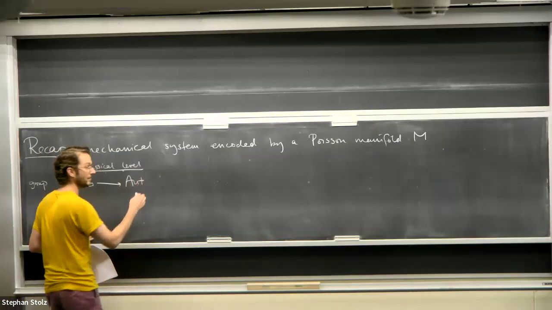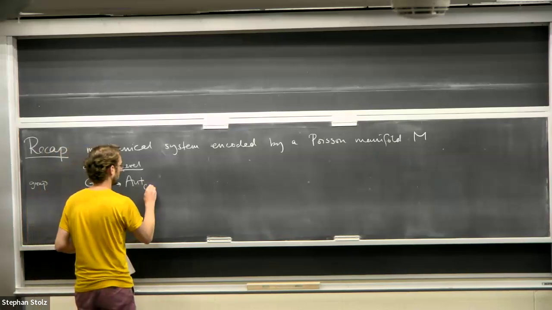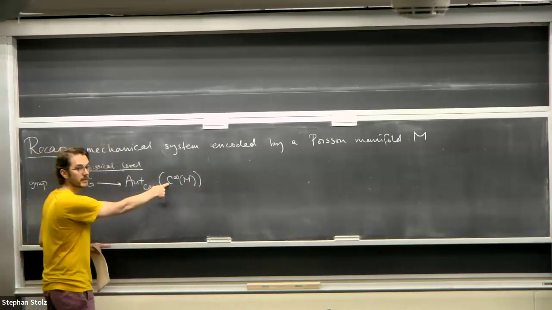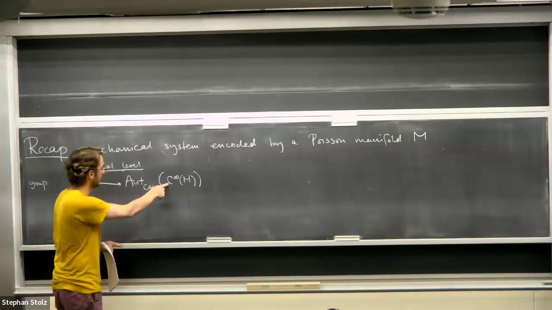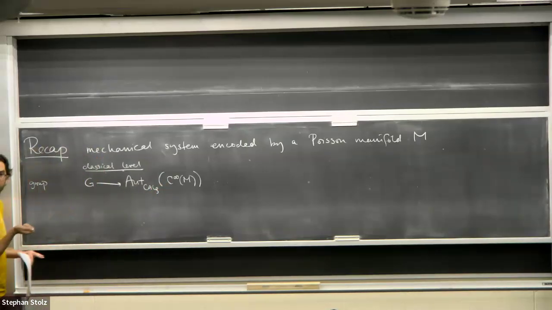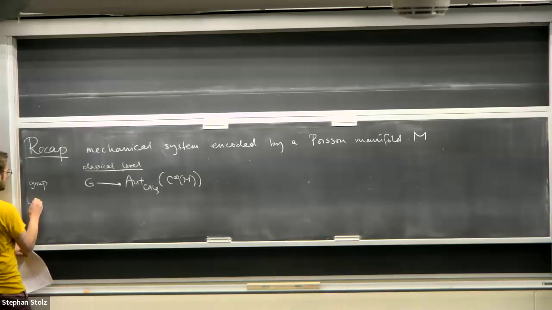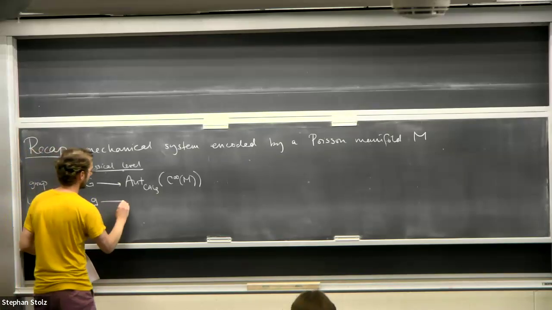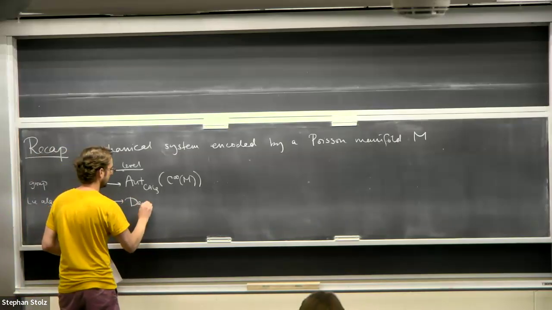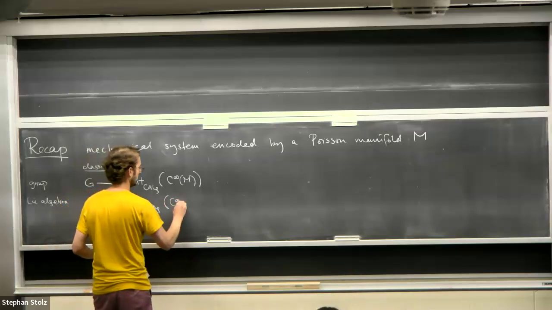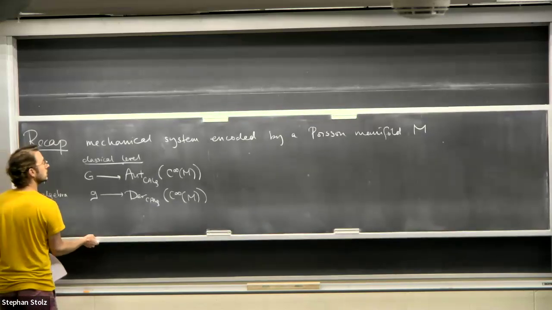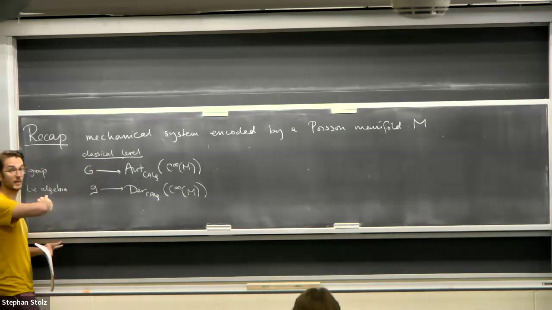If you have a diffeomorphism, it acts on functions by pullback. So it induces an automorphism of the algebra of functions, as a commutative algebra. It's just pulling back, a map of commutative algebras for each element. We had a Lie algebra level. So the Lie algebra maps to derivations, as a commutative algebra, of C infinity of M. So far, these just involve the smooth action of a Lie group on a manifold.